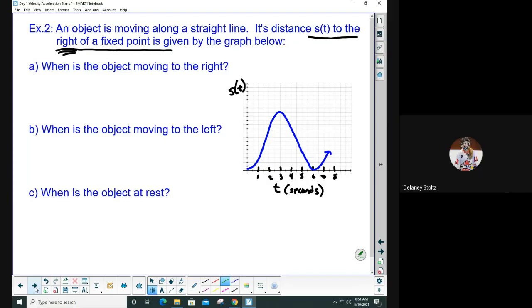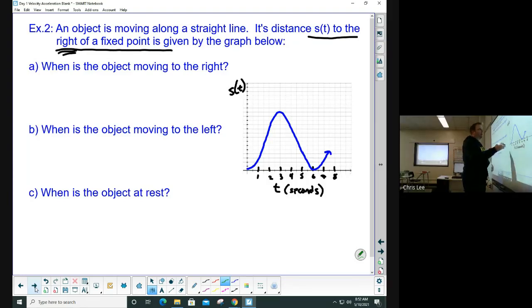Is it the slope of the tangent? Yes, exactly. So I know that's probably where he was heading, in that if the slopes are positive, then you know it's going to the right. And that's an important spot. Okay, good. Thank you. So you're right in saying that it's between 0